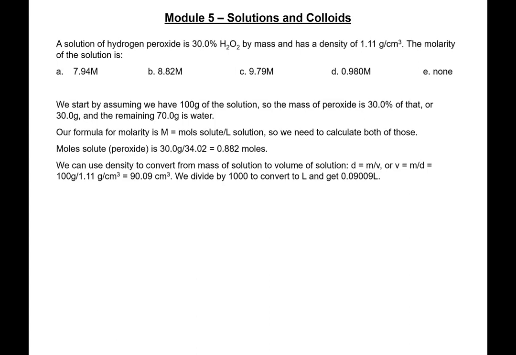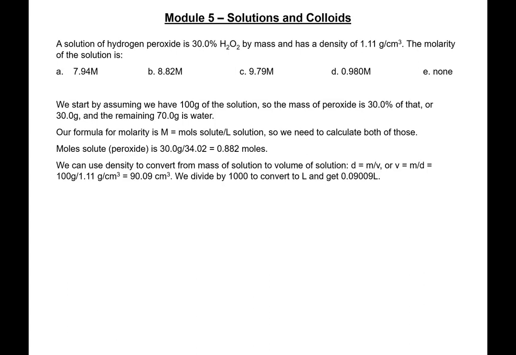We have both of those. We have a mass of the solution, which is 100 grams, divided by the density of the solution, which is given, 1.11 grams per cubic centimeter. So we get 90.09 cubic centimeters. And we divide that by 1,000 to convert to liters, and we get